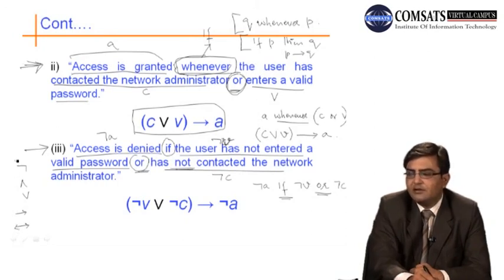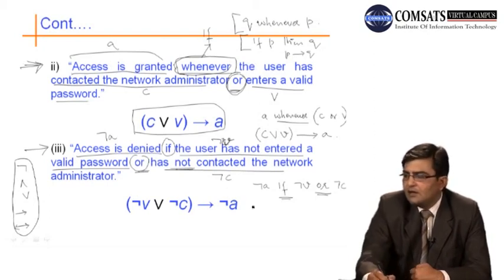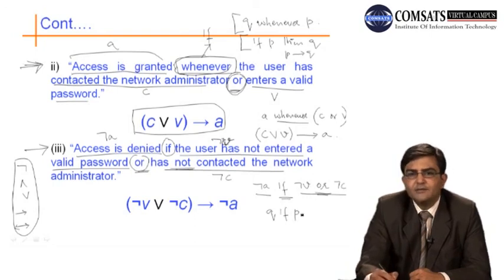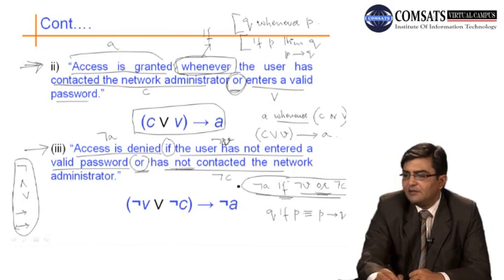So here we have not V or not C, and here we have the form not A if, and we have this expression. This is another form of conditional statement. I have told you Q if P is the form of a conditional statement. If we have Q if P, then this is logically equivalent to P implies Q, or if P then Q. So this statement in symbols can be written as,